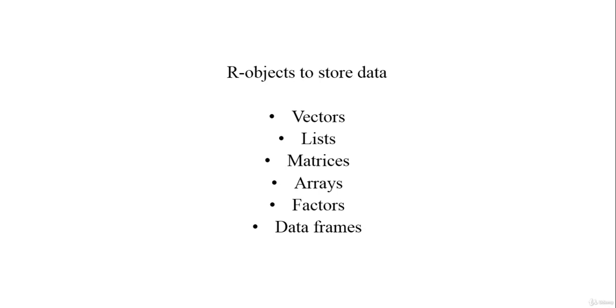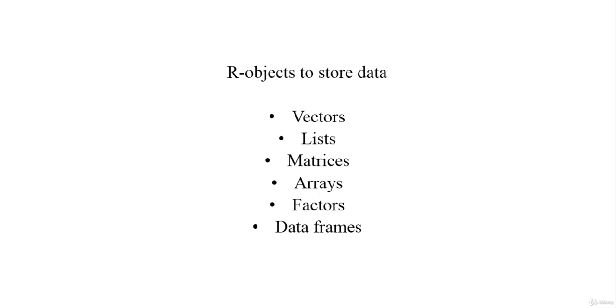In contrast to most programming languages, R does not require you to declare a variable of a specific type. R stores data in R objects. These objects automatically assign a type to the data based on the manner used to store it and the data characteristics. You use the following R objects to store data: